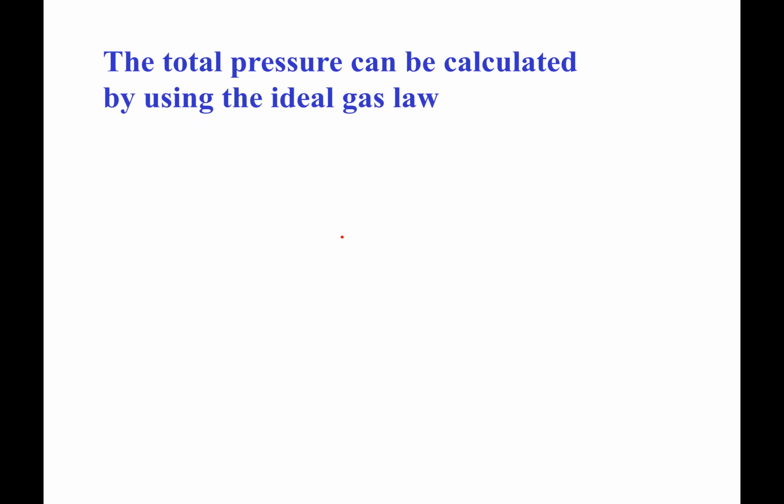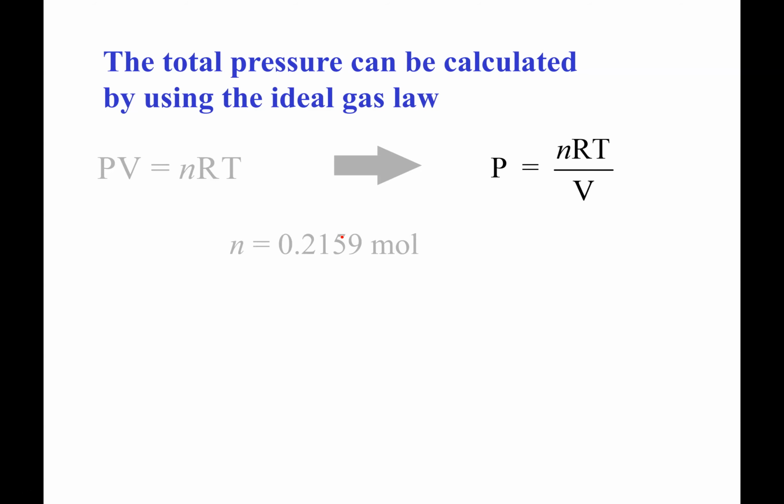Okay. All right. So PV equals nRT. Don't let this catch you. We rearrange it to get pressure by itself: we divide both sides by V. And I'm going for total here. So actually,